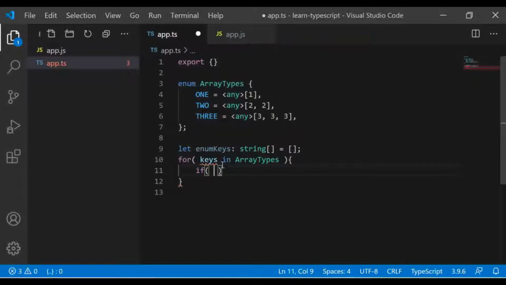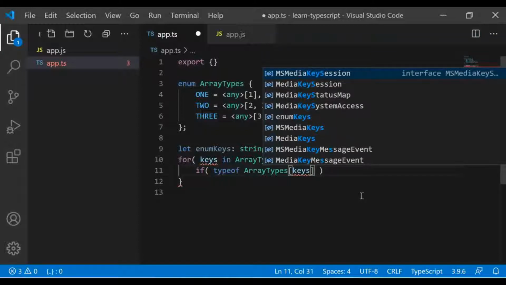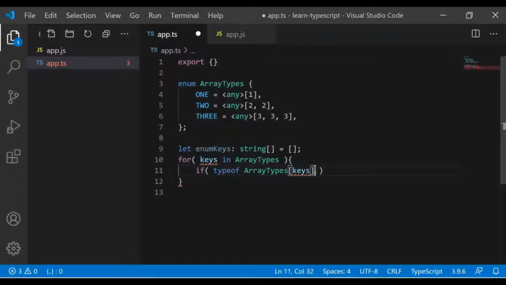Now we need to add one type check here. So we are going through the keys one by one, so only if type of keys, type of this means these things. So these are currently an array. Basically you can write object here.